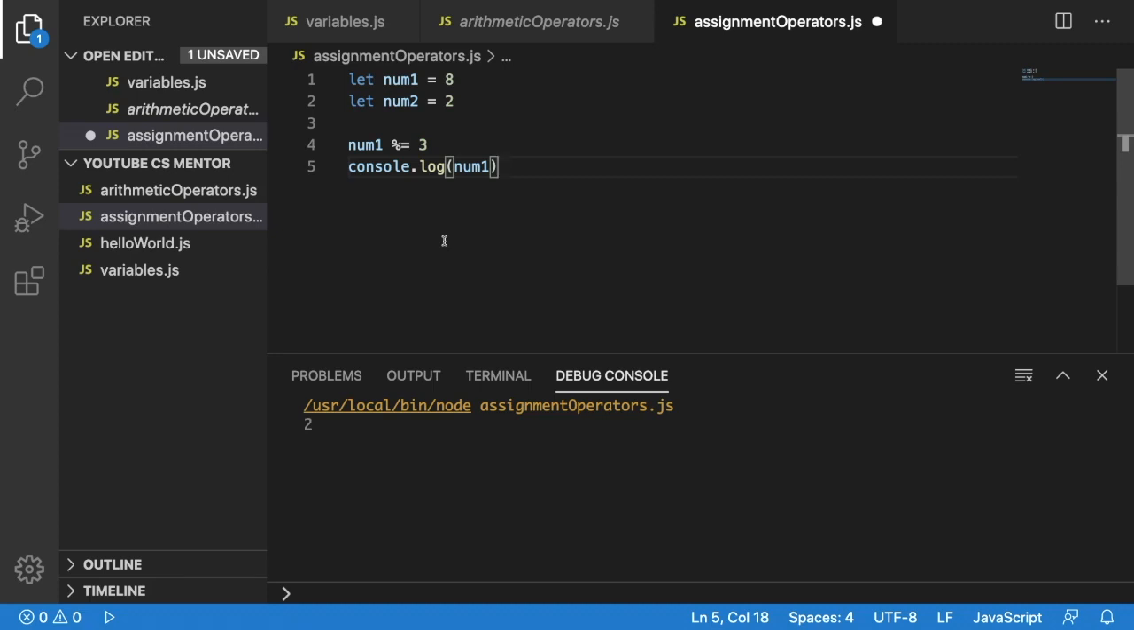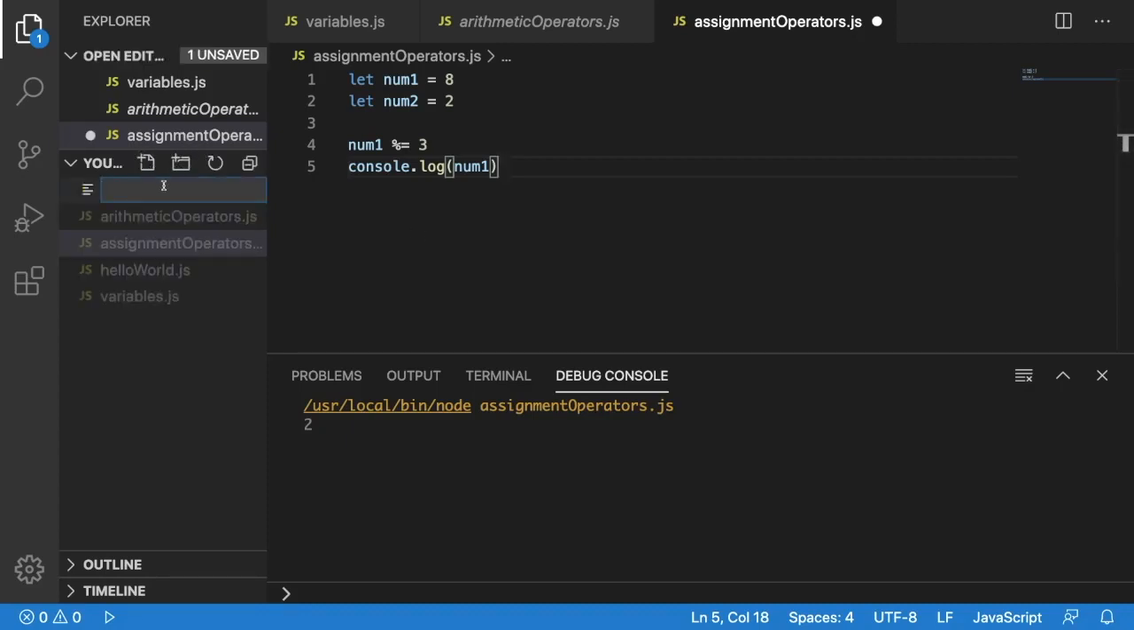Hello everyone, in this video we're going to talk about strings. We can talk about how we can use strings and how we can manipulate strings to do what we want. So in the previous video we talked about assignment operators. So we're going to just create a new file and we're going to call it